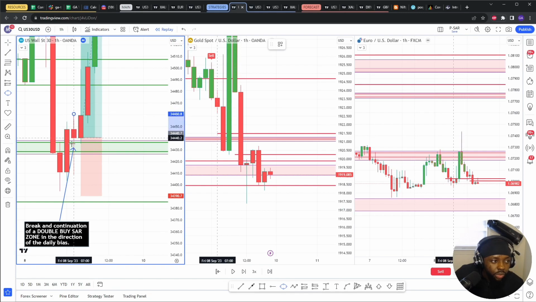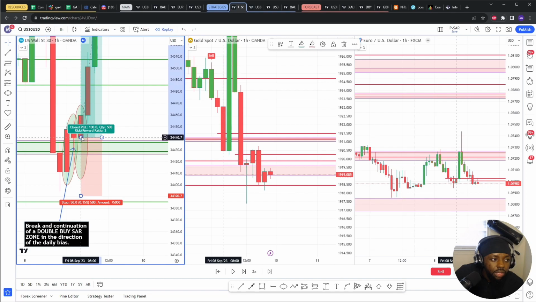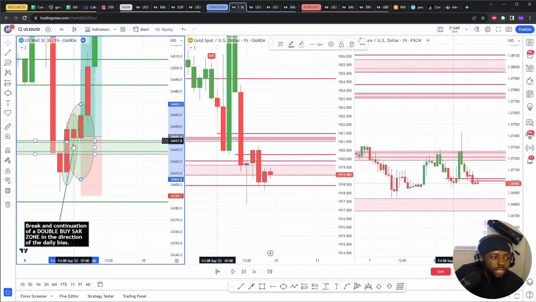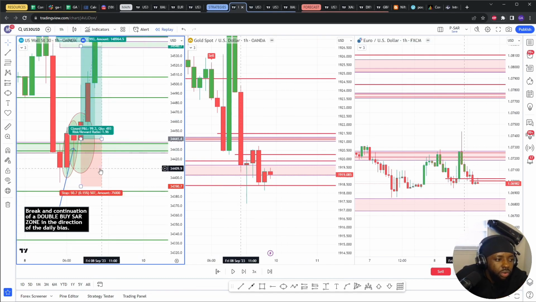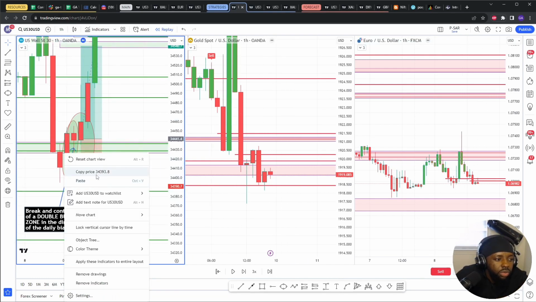So these two candles gave you the break and continuation. These two candles gave you the test and rejection. So these two, break and continuation; these two, test and rejection. If I were to note that here,